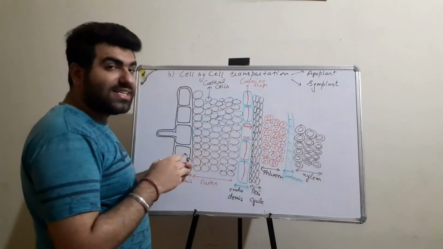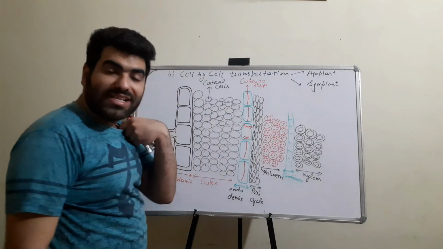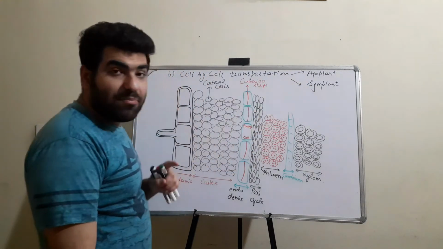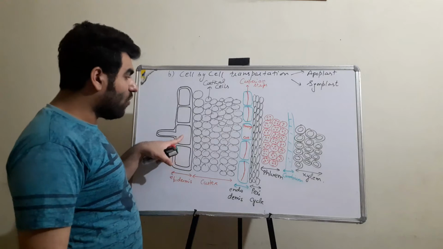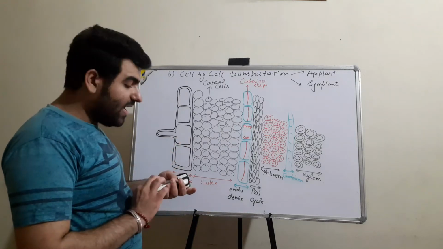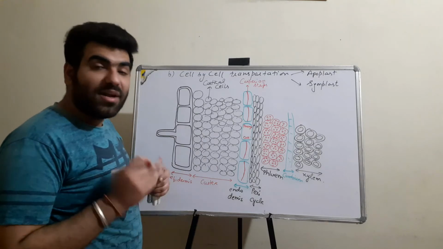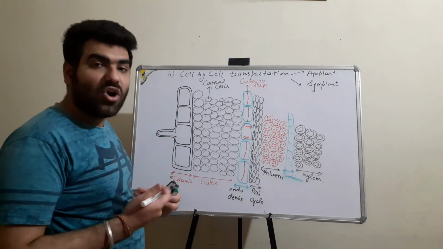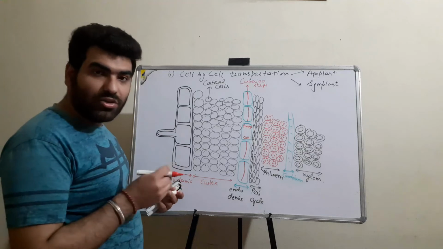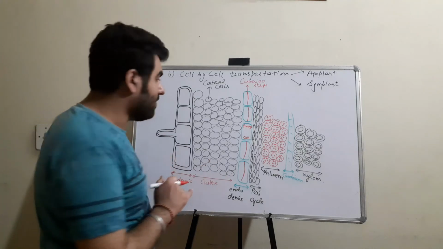The one process is the apoplast and the other process is the symplast. In the apoplast, the water from here will be imbibed by the cell wall. We know that the cell wall is made up of cellulose, and cellulose will absorb the water to the cell wall, not to the core of the material. That is what imbibition is.